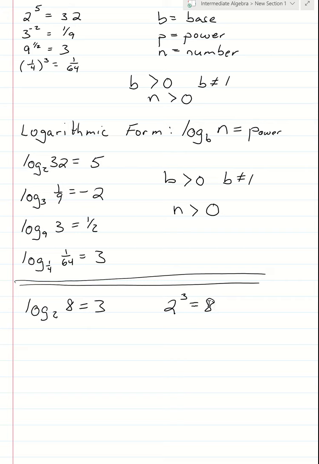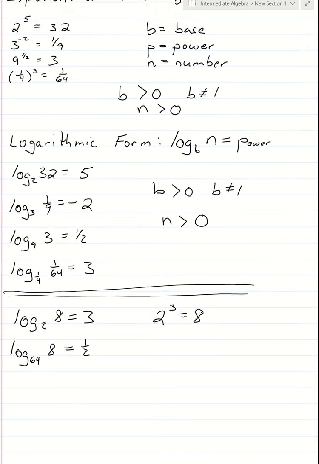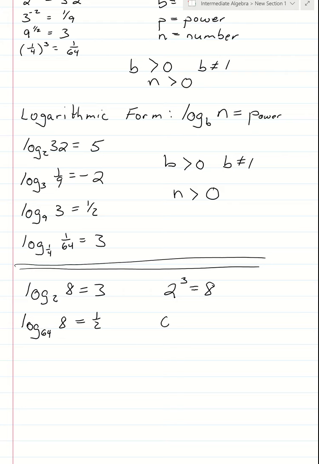If we have log base 64 of 8 equals 1/2, that logarithmic form can be converted to exponential form, whereby we would write 64 to the 1/2 power equals 8, okay? So you want to be able to convert back and forth from logarithmic to exponential, as well as